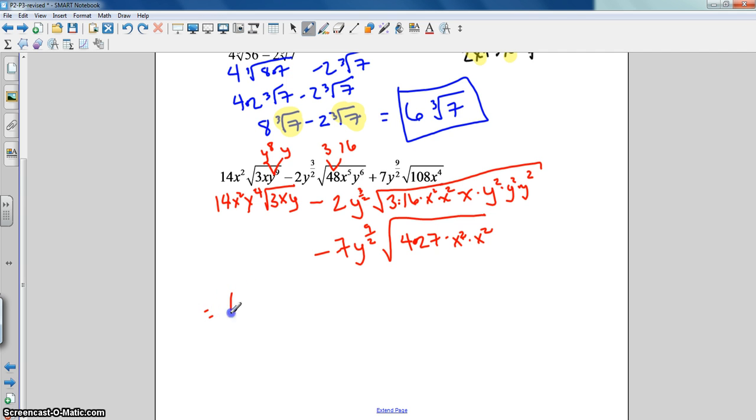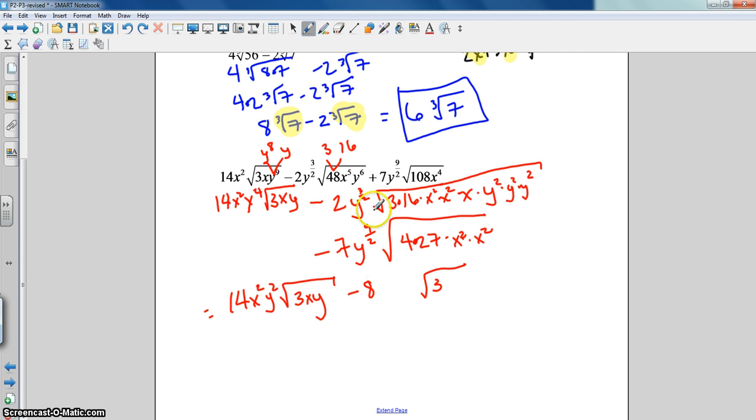Again, I'm breaking it down into things that have 2's in them. Alright, so this first term I can't really do anything with. So I have 14x squared y squared square root 3xy. Next term. Okay, so now this is going to be a little bit of a long process. So I need to look for anything that I can pull out 2 of. So here, 3 I can't pull anything out of, so that's left underneath the radical. Okay, 16, that is 4 times 4, so I can pull out 1 4 and multiply that times 2, so that I get out an 8